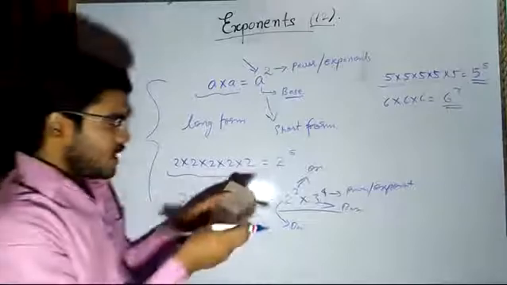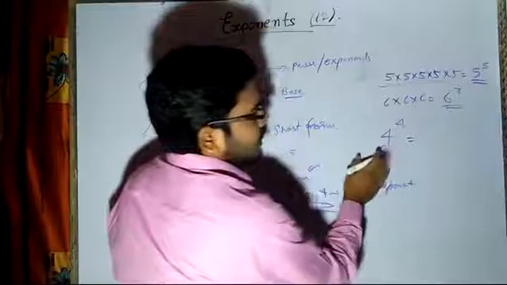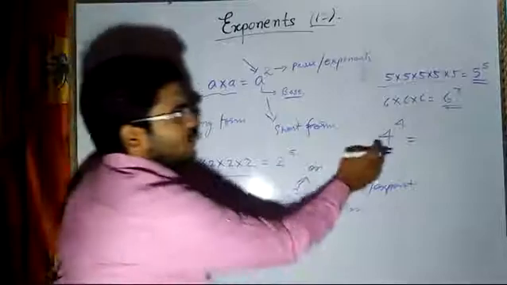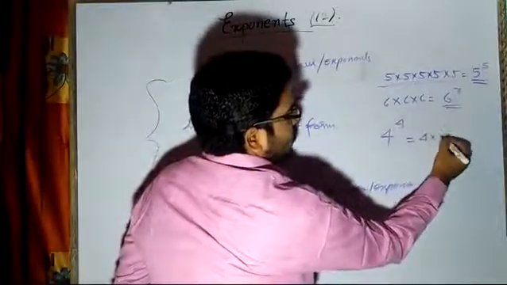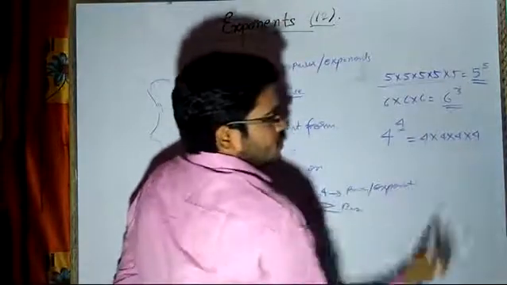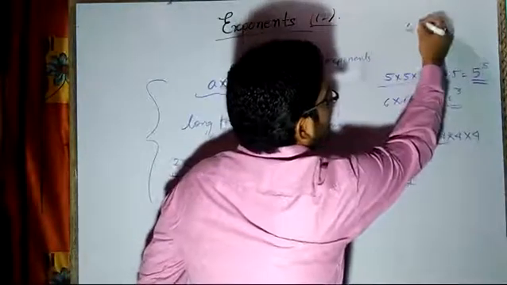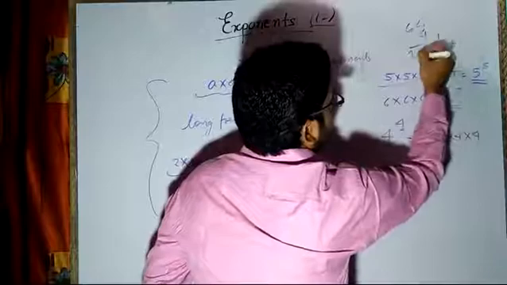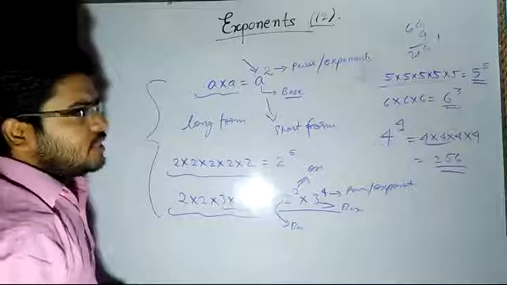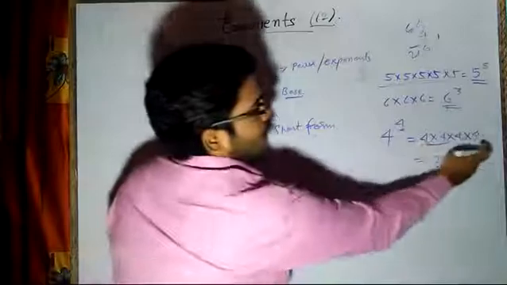Now question number 2 says find the value of, like they will give you 4 raised power 4, and then they will ask what is the numerical value of 4 raised power 4. This means that I can write this number as 4 into 4 into 4 into 4. How many times it is written? 4 times. So 4 4s are 16, 16 4s are 64, 64 into 4, 256. So this will be your answer. In this way you have to expand the numbers for question number 2 and then multiply all the numbers and get the answer.